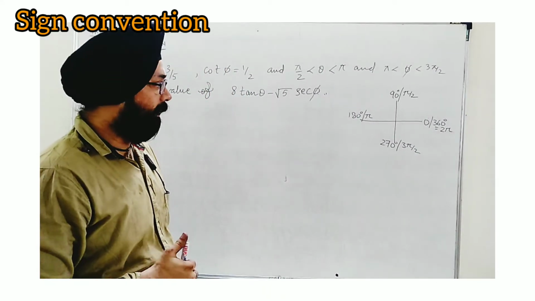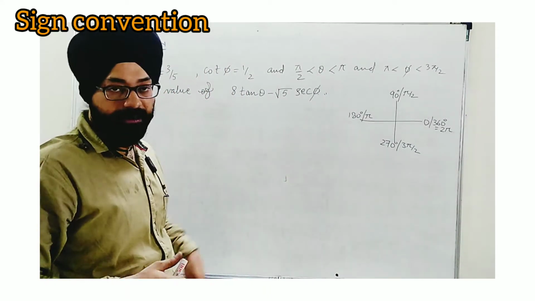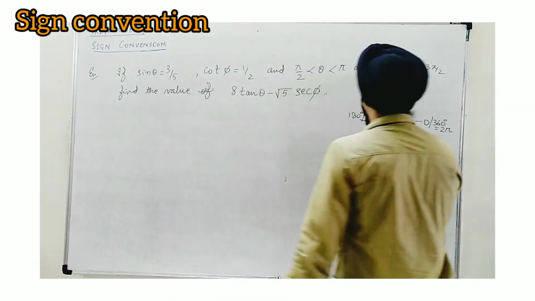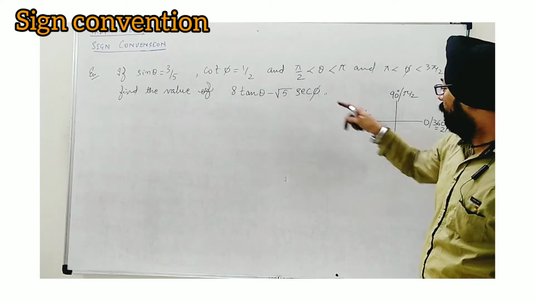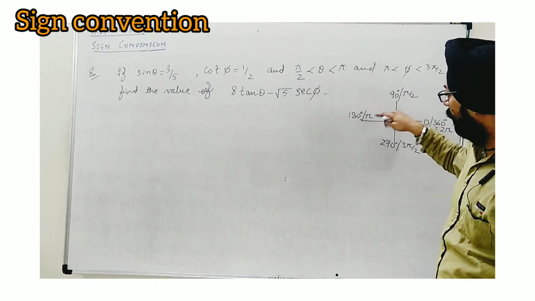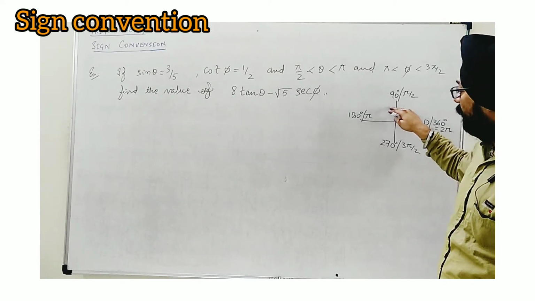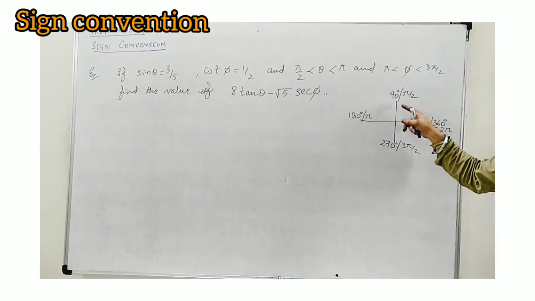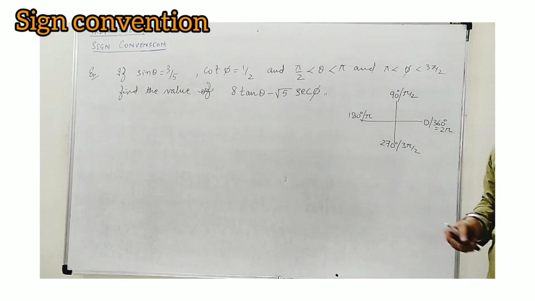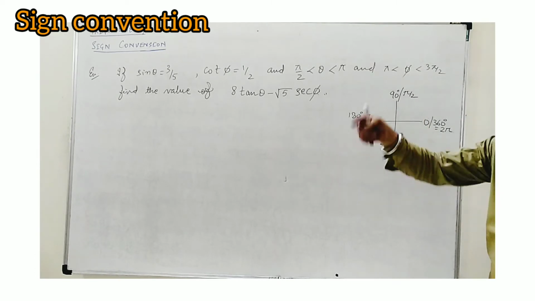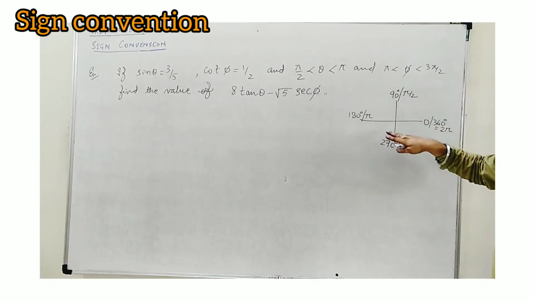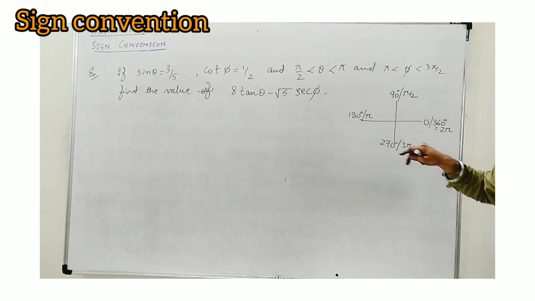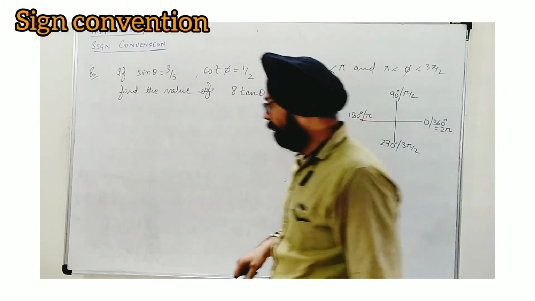So we find that the standard angles can be written in terms of radian, and we have to keep that in mind. Now when theta is given as lying between pi by 2 and pi, it means it lies in this range. We have to keep in mind that pi by 2 to pi is actually the second quadrant. Theta is in the second quadrant. Accordingly we will change the sign. Phi lies between pi and 3 pi by 2. It shows that this is in the third quadrant. So we will see the nature of the functions accordingly.